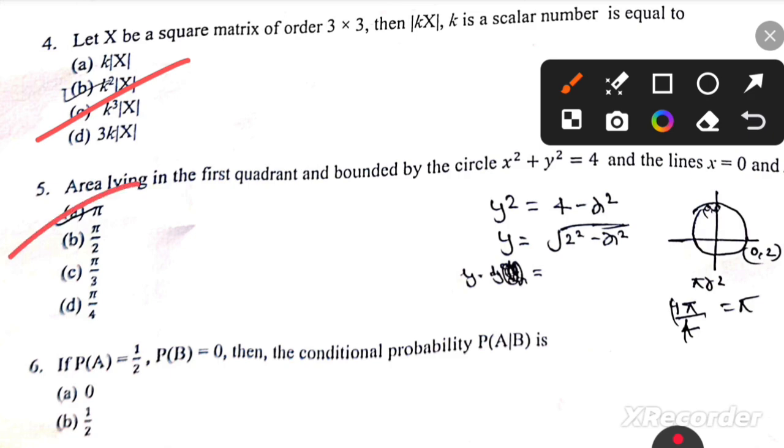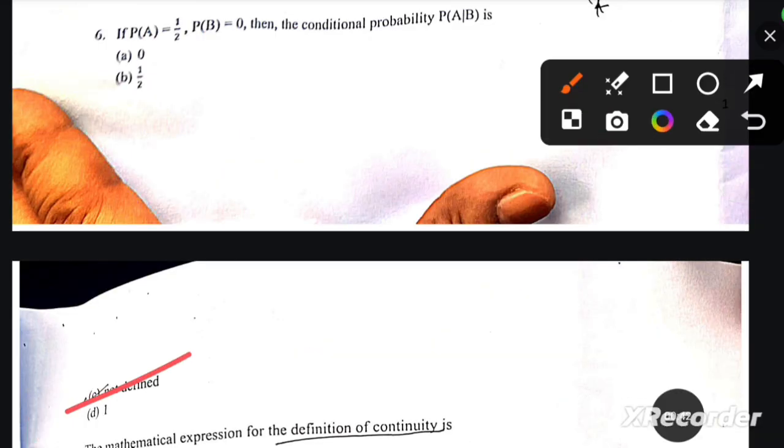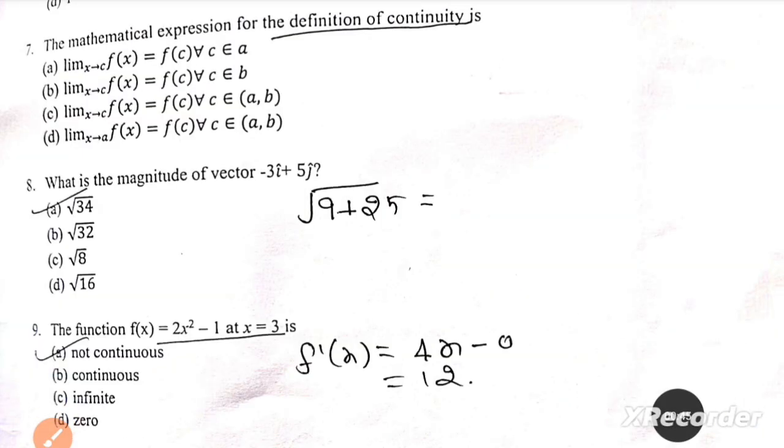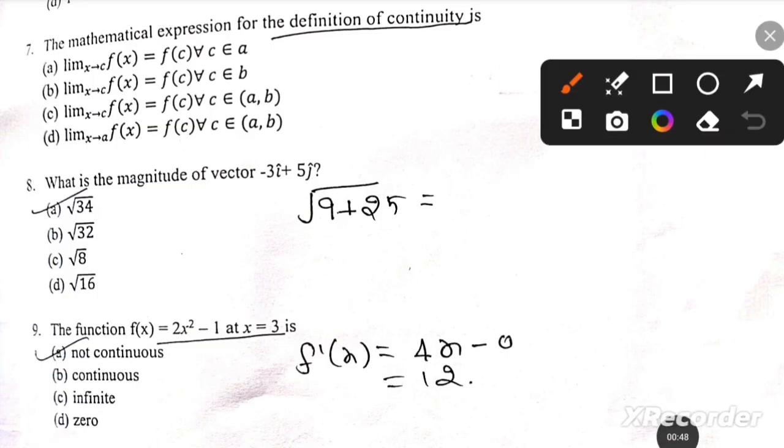Then the conditional probability is not defined. The mathematical expression for the definition of continuity is... the answer is option C. What is the magnitude of the given vector minus 3i cap plus 5j cap? Root 34. The function f(x) is equal to 2x square minus 1 at x is equal to 3 is